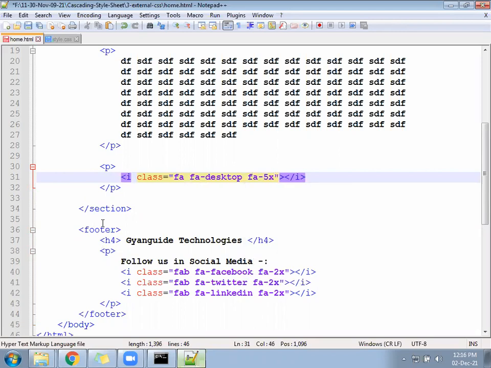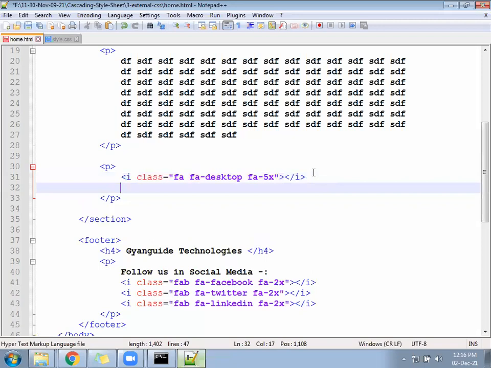What will happen? The desktop icon will become big, 5x, meaning 16 into 5, 80 pixels. Next, after that, write some text in that.